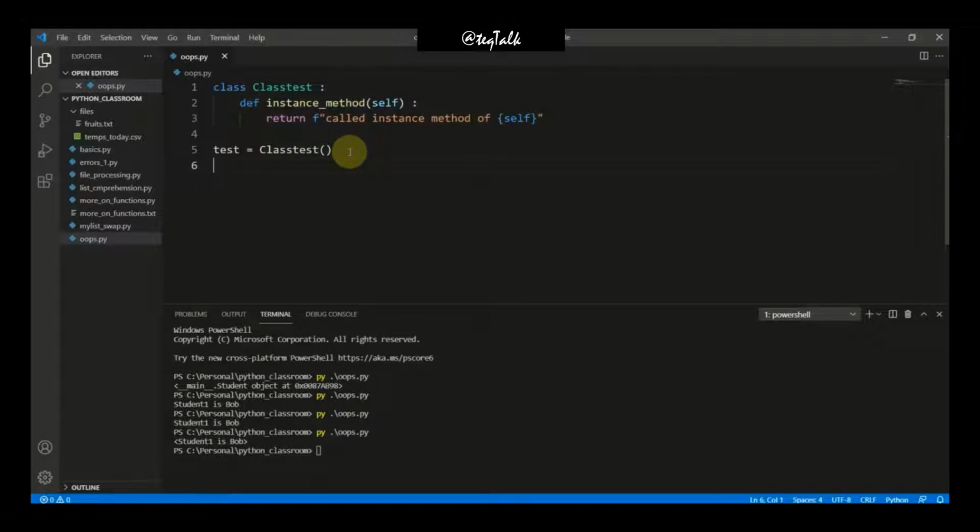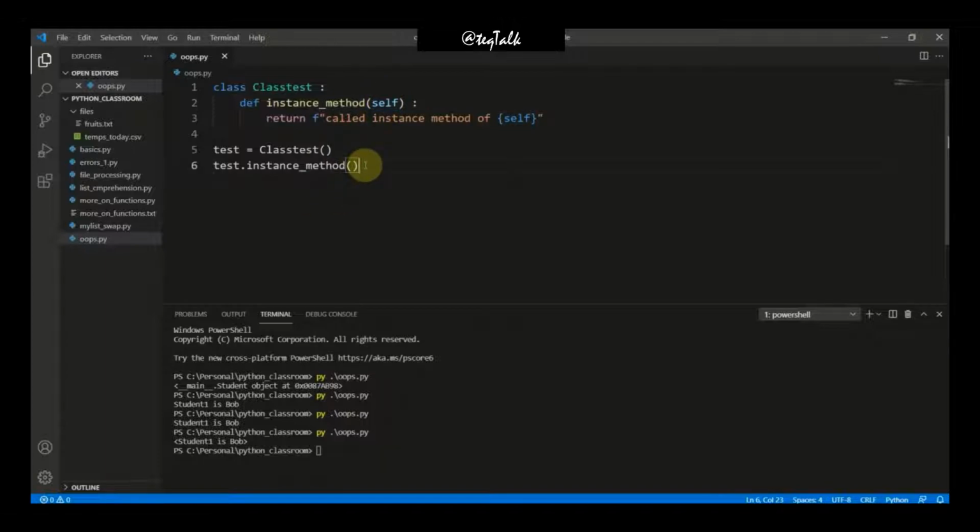And now if I want to call this instance method, how can I call it? I can write test the object and then dot and then instance method and bracket, and nothing should be passed because here only self is passed. That means the object itself.